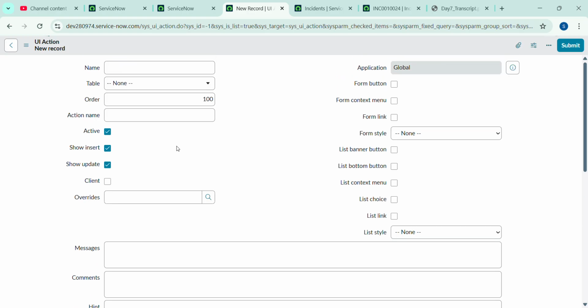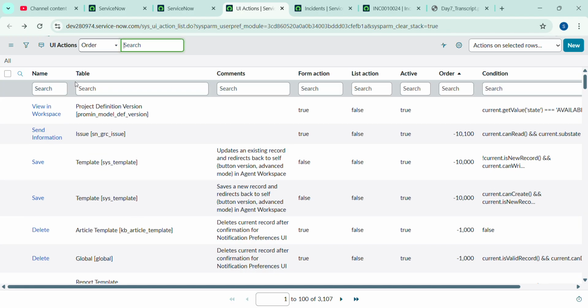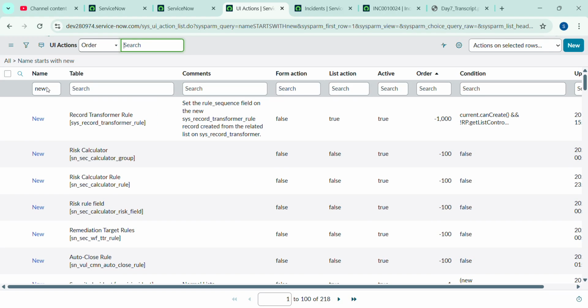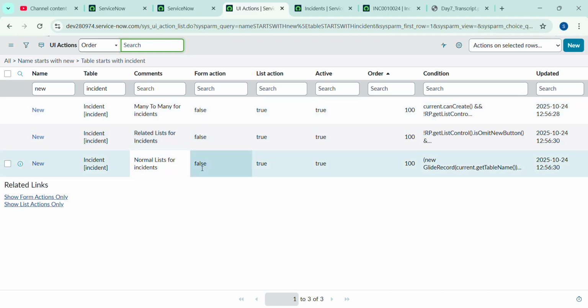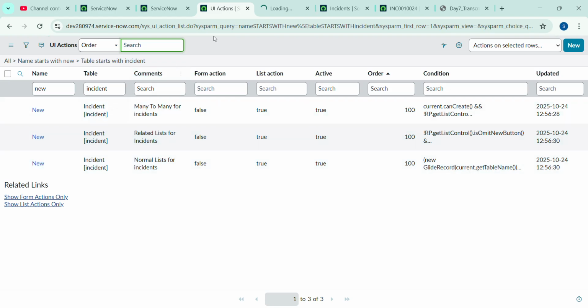So before creating any UI action from scratch, let's go back and search for this new button. Okay, new, and I'm checking for the table incident. Okay, you can see this is on a form action, list action, normal list for incidents. Okay, if I open this,